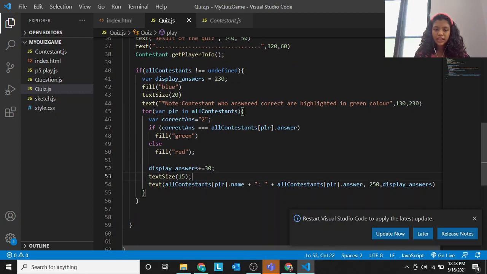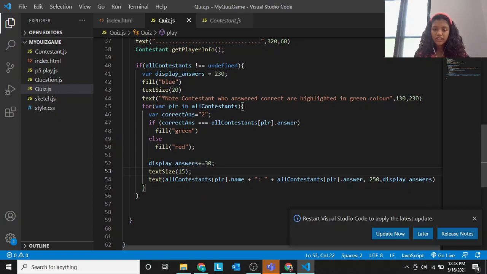Okay, next text size 15. Text: all contestants plr.name, plr.answer. So plr.answer is the answer box, plr as in each person. Now instead of writing contestant 1.answer, contestant 2.answer, we can directly say all contestants and then plr.answer. Over here we are talking about its name, what they have written. Here we are talking about the box which contains its answer. Okay, so all contestants plr.name